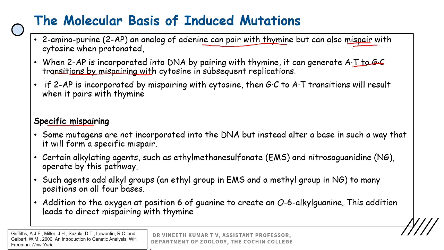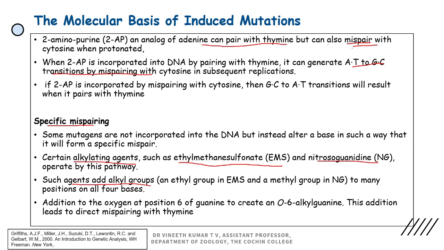So alkylating agents add alkyl groups to the normal DNA bases. Examples of alkylating agents are ethyl methane sulfonate (EMS) and nitrosoguanidine, which is NG. So they operate in this particular pathway, and what they do is they modify the normal bases by adding